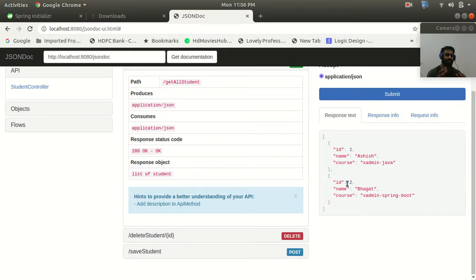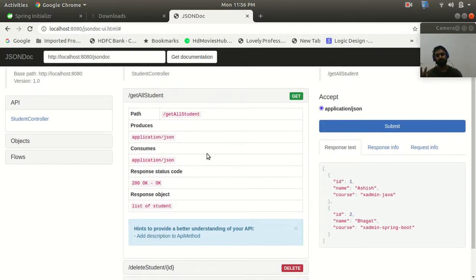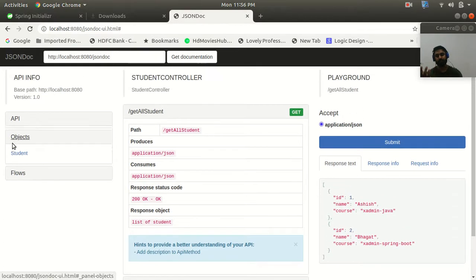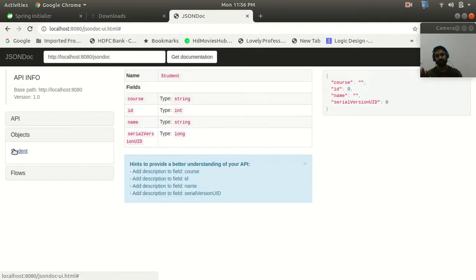We have also created the documentation, and with the documentation you can see what type of request body you are using and what the models of my student API are. This is the model and these are all the fields available in my entity class. So with this document, we can clearly see the requirements for the resources of these endpoints.